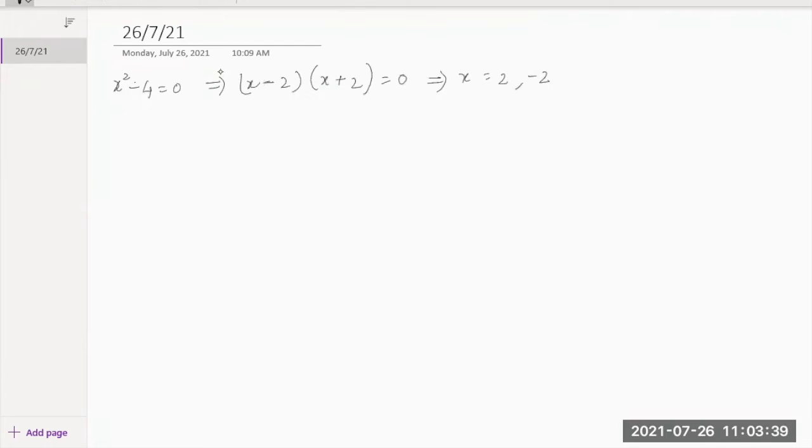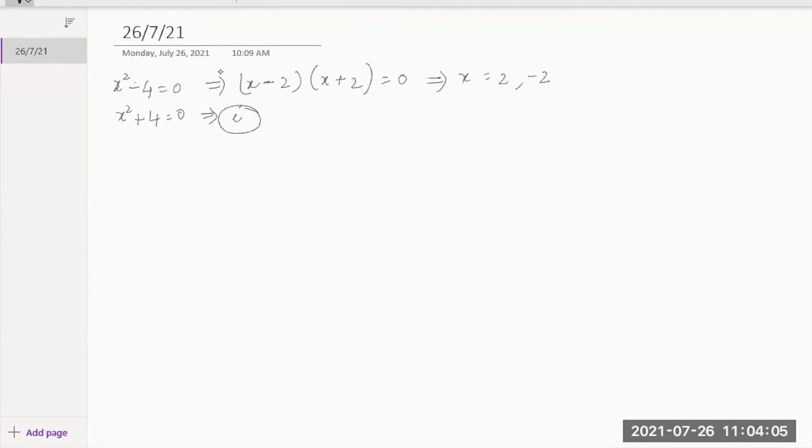But instead of this, if I give you x² + 4 = 0, then if this was asked in class 10th, you would tell me, Miss, this cannot be solved. But now in class 11th and 12th, we have this particular concept also which can be studied, and for which we introduce the word i over here. This is the imaginary part which we are going to introduce.